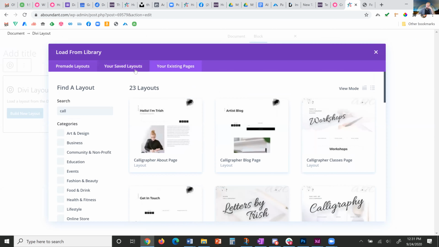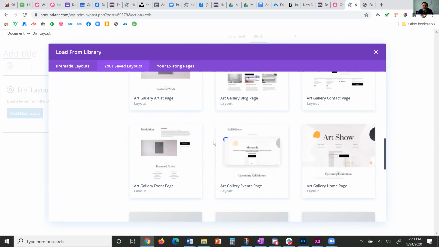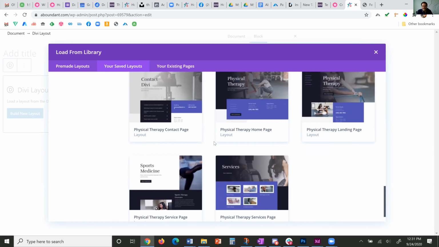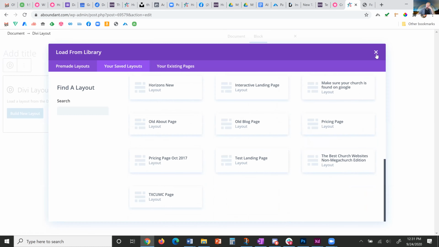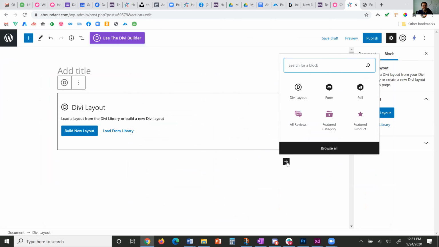Slow to switch between. Yeah, I'm not sure of all the advantages of doing it this way. I think if there's something that just looked really good in Divi and you wanted it to be in your post, and you didn't want to spend the time trying to recreate it in Gutenberg, you could just pull it in this way. But if you go down to browse all,